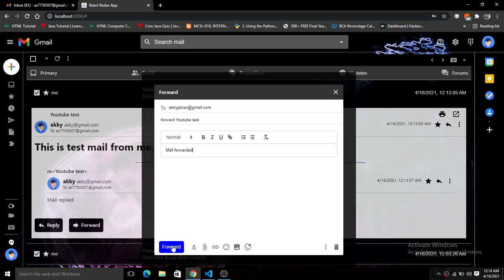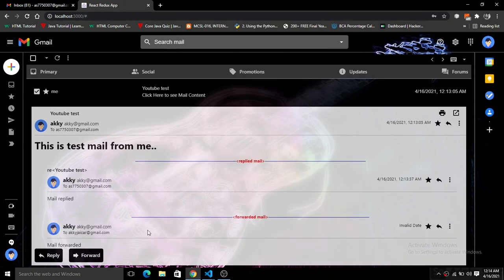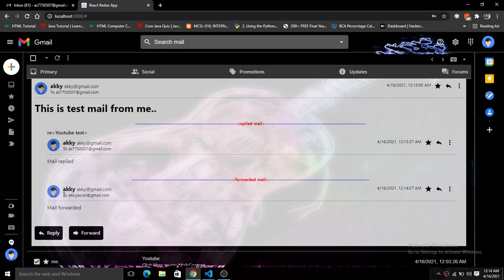And when I simply click on the forward, now you can see the forwarded mail will also be there. So here you can see the forwarded mail to Akijakar, the replied mail to this Gmail account, and there we have this content here, right?